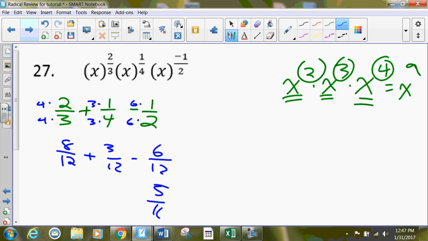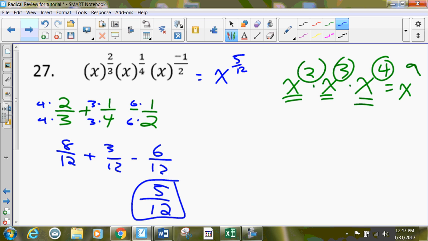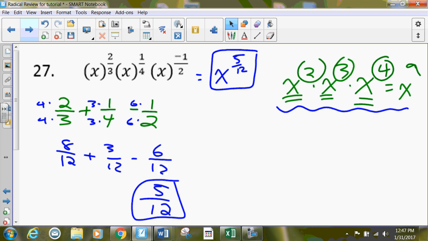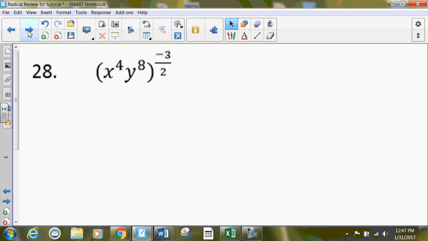So in this case, the hardest work was doing some fractional addition. So our answer is x to the 5/12. A little bit harder than our sample problem of just adding 2, 3, and 4. All right, are you going to have to know how to do that? Yes, yes, yes. All right, here we're being reminded, even if we have a fractional exponent, when we have power